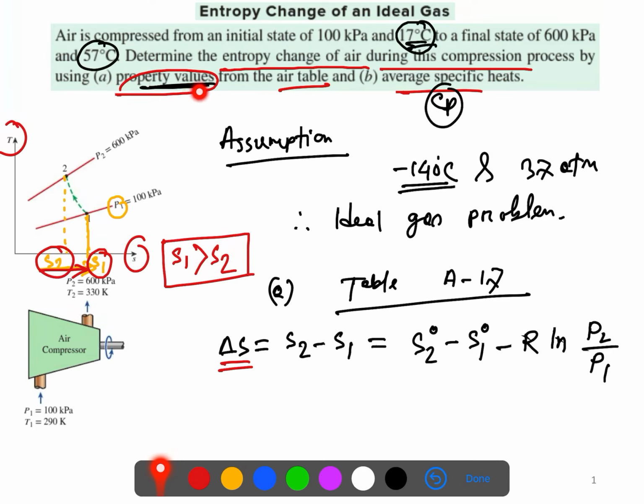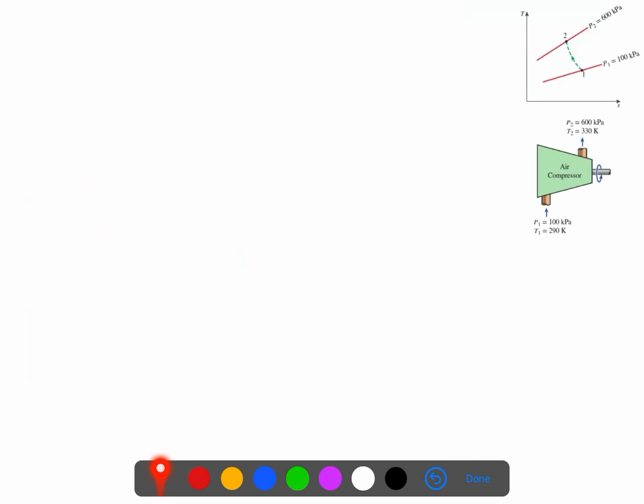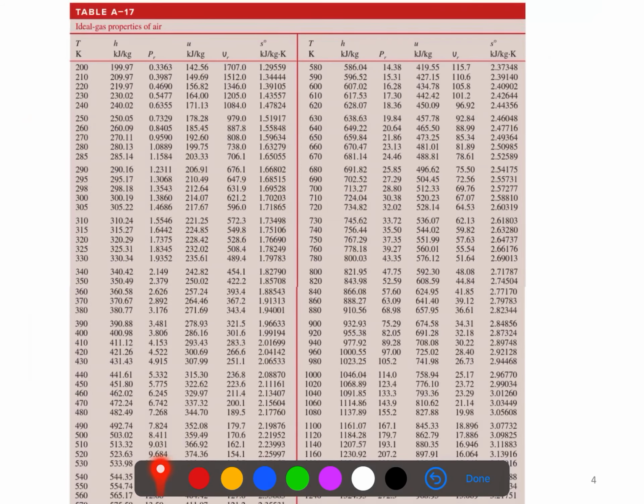But the first part said to use only the property values for air. So if you look at table A17, this is actually the ideal gas properties of air. What we have here are u, h, s naught, and v. So from the property table we can only get these values. When the question asks to use the property values for the air table, we can only get